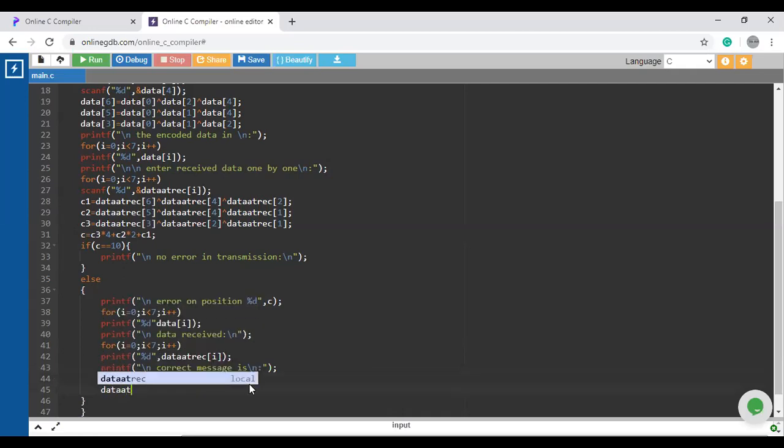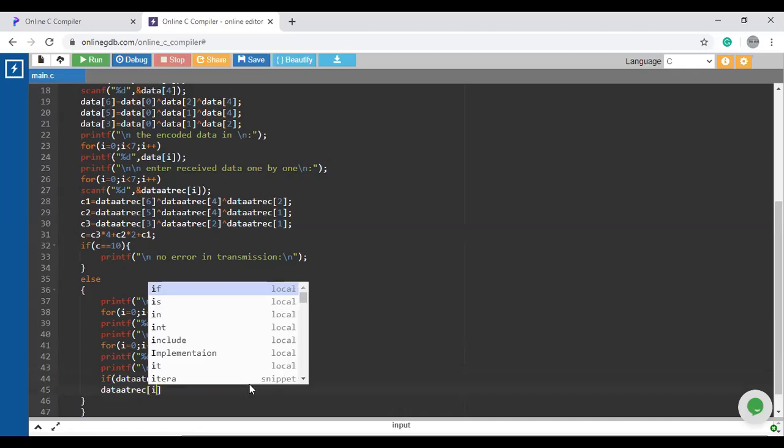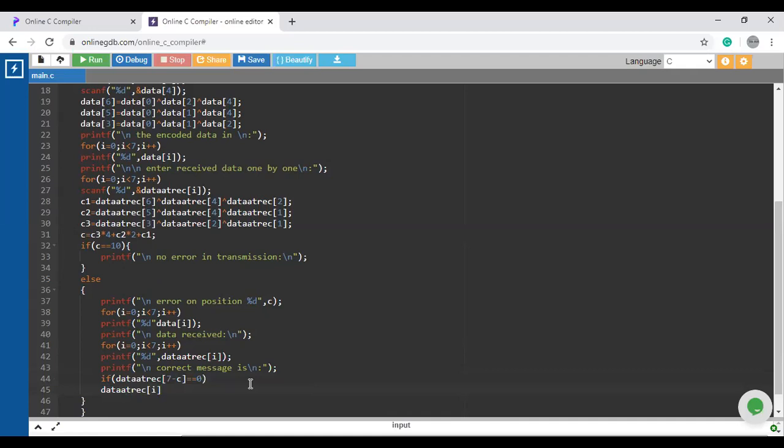then we will complement the value with 1, so I'm storing the value 1.